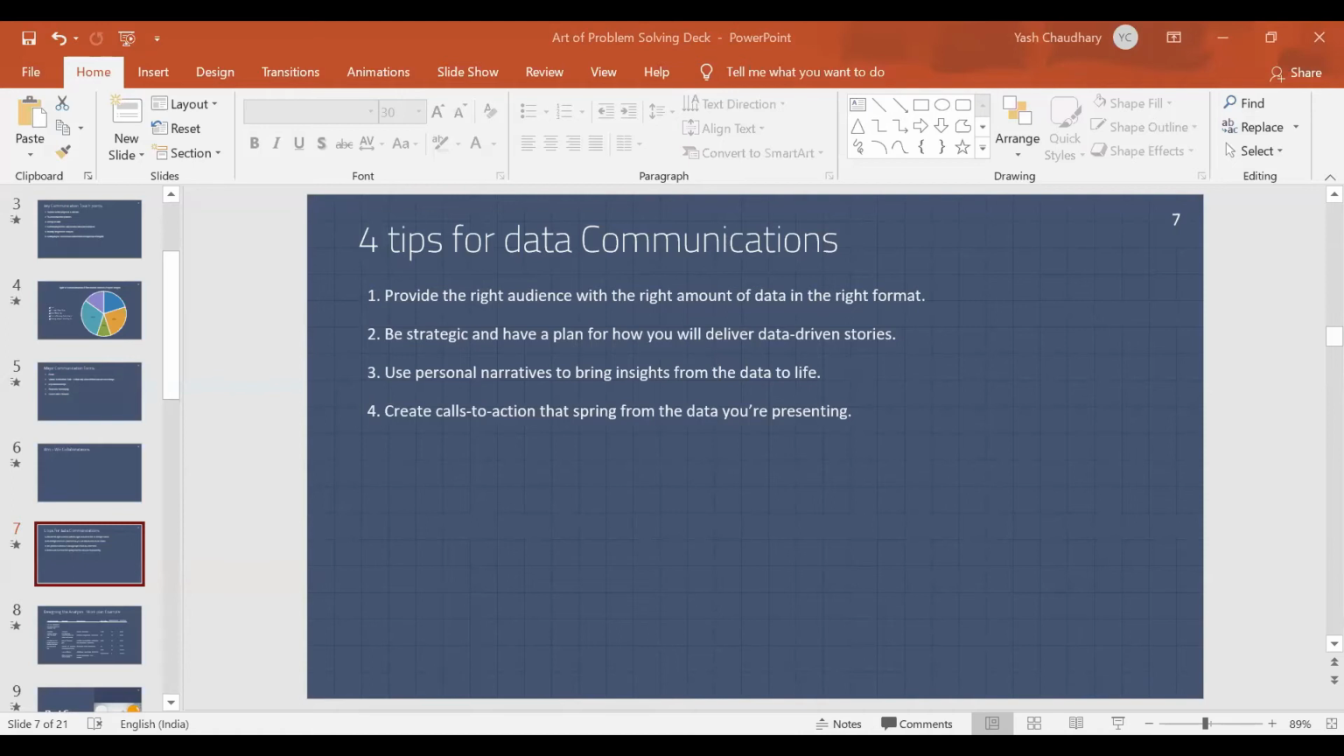So yeah, that's the right audience. The right amount of data is what you need to share with them. And then in terms of planning also, right, you need to have a very concrete plan in terms of how you're exactly going to deliver data driven stories to these stakeholders, and how exactly you are going to tackle them